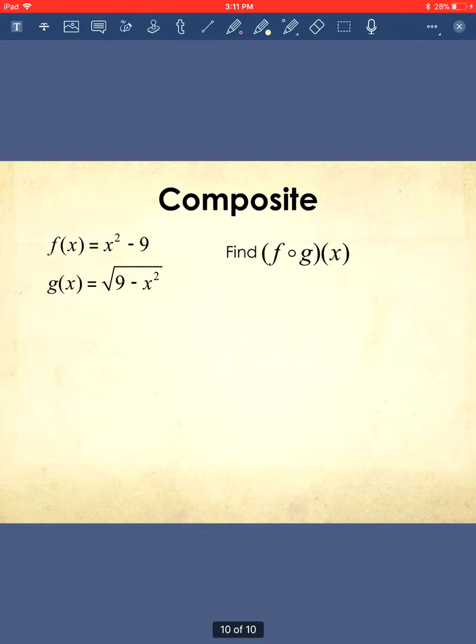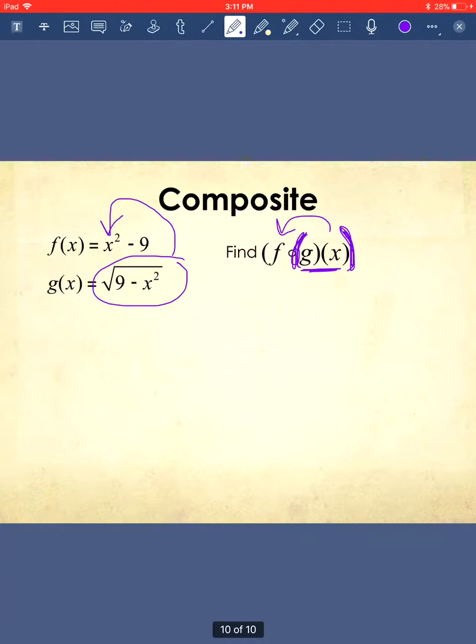So I'm going to find f of g of x, given that f of x is x squared minus 9, and g of x is the square root of 9 minus x squared. You can rewrite over the open circle with parentheses. You're going to be taking g of x and plugging it into f of x. So g of x is the square root of 9 minus x squared, and I'm going to plug it in for x inside of f of x. So f of g of x